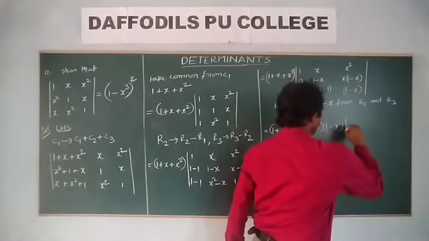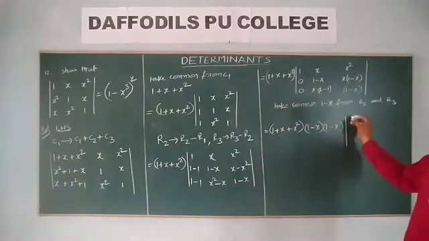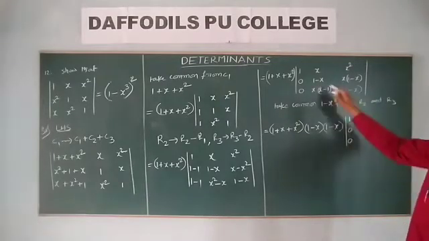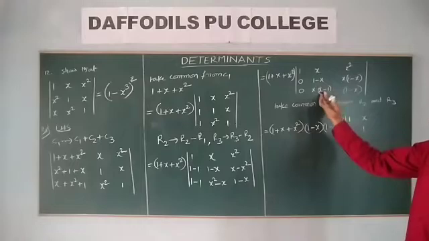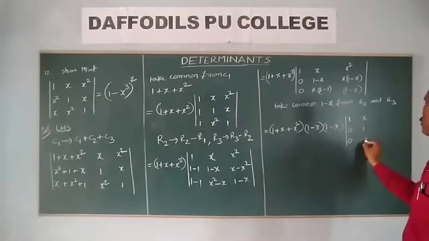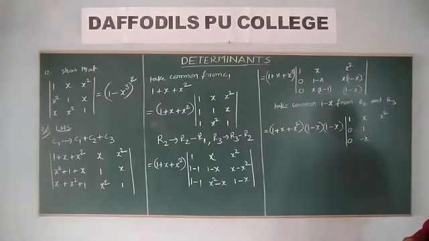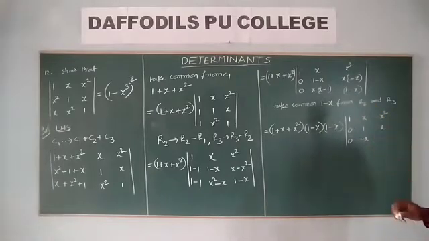So what are the remaining terms after taking common? Remaining terms are 1, 0, 0. Next, x, 1 minus x taken common, this value is 1. Here x minus 1 is there. Suppose you want 1 minus x, that means sign change, so this is minus x. Here, x square, after taking 1 minus x, this value is equal to x. And next, here 1 minus x is there. This value is equal to 1. Right. Now we expand the determinant.